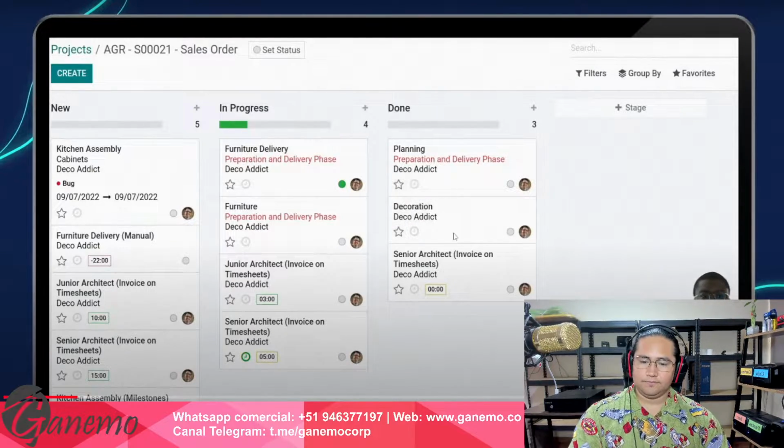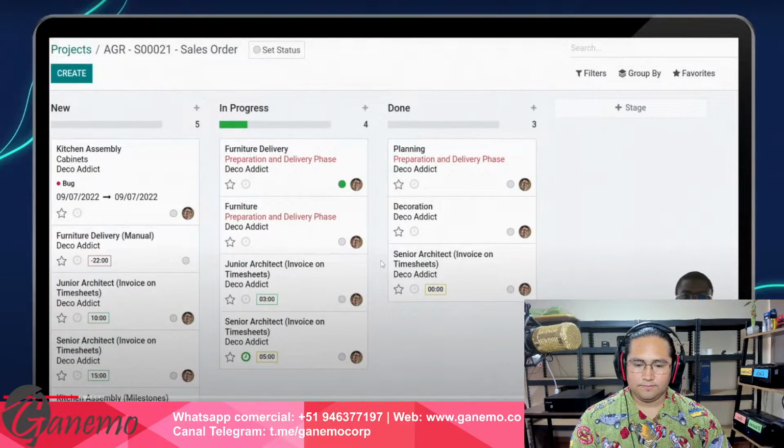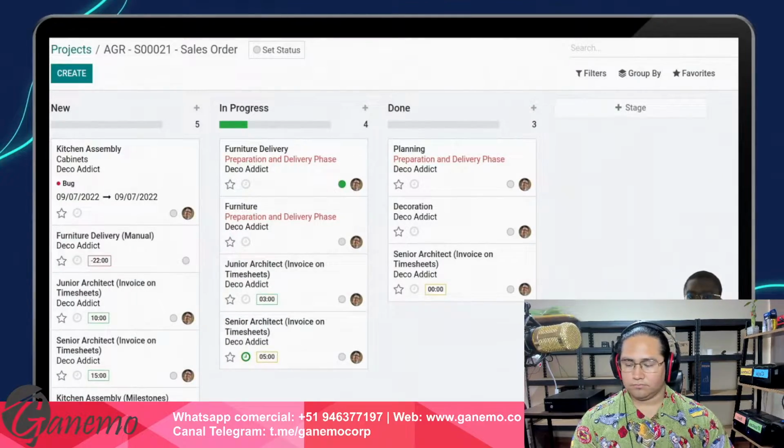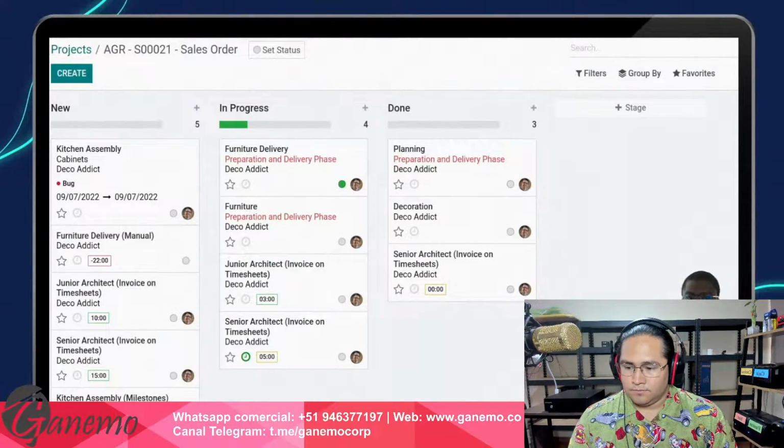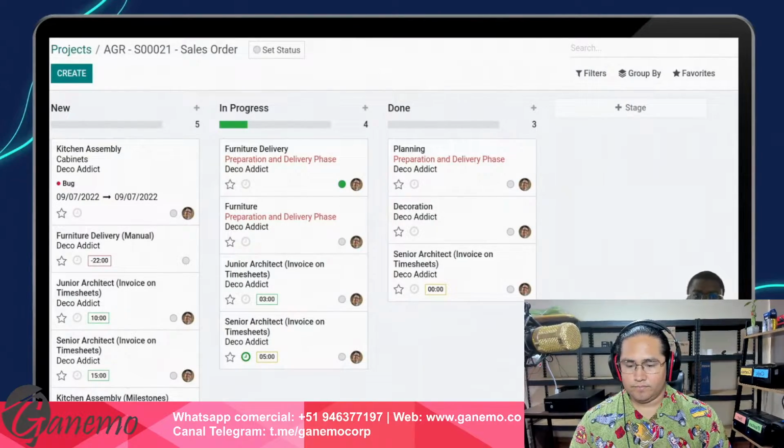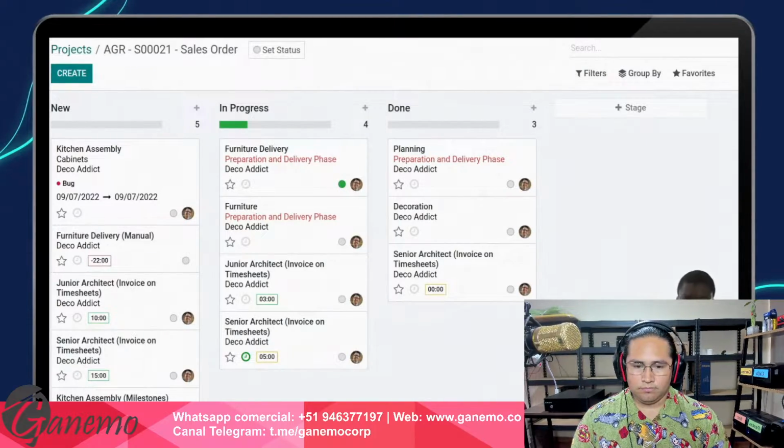The view where you can see every task that needs to be done in what we call a Kanban view, where you can get your information quite easily here. So I can easily see who has to do which task. I can also see how many hours my manager or my director has allocated for that task. So I'll try my best not to go overboard. And I can also see everything that has been done before.